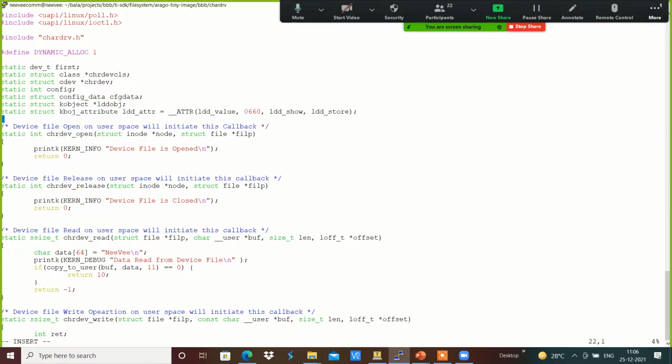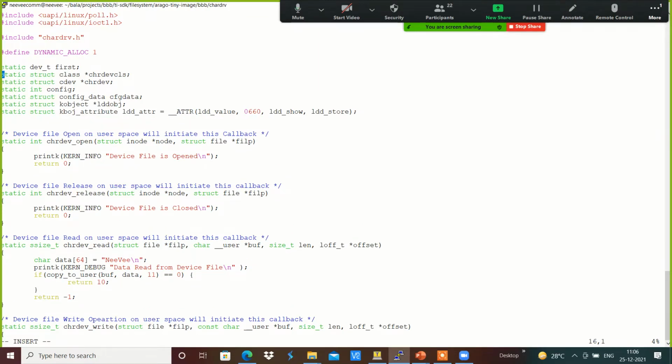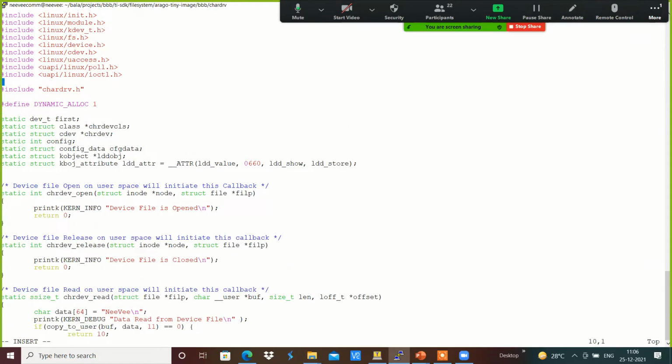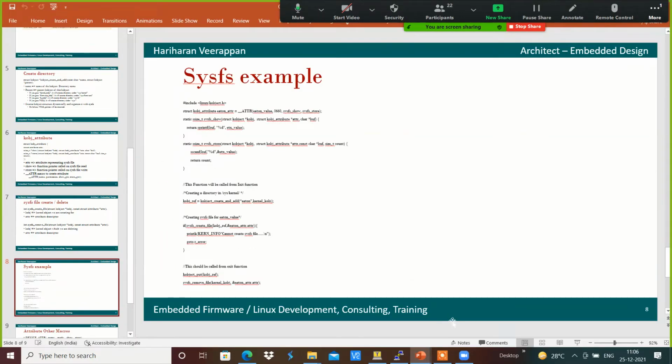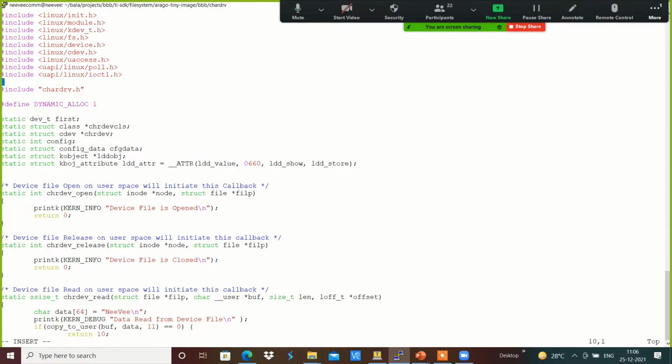We will also be adding the header file, include linux/kobject.h over here,